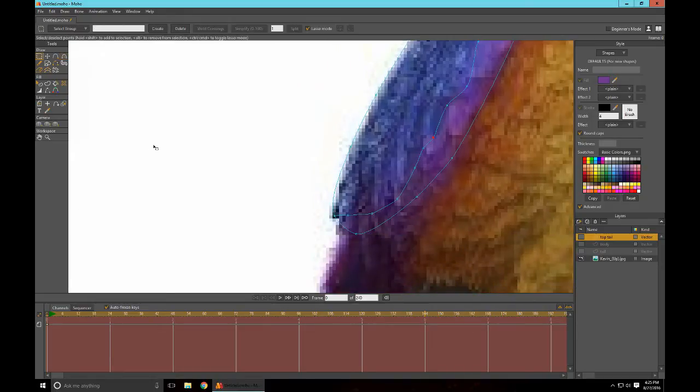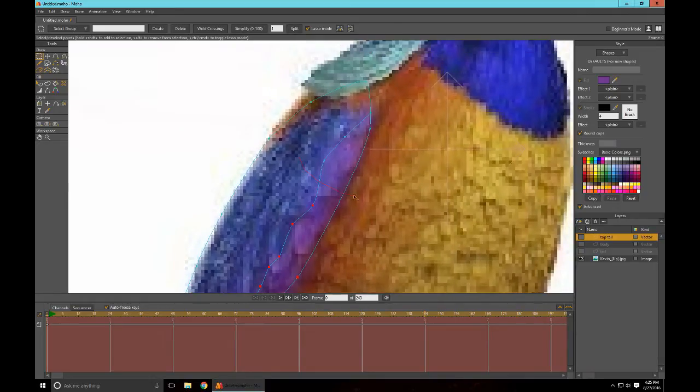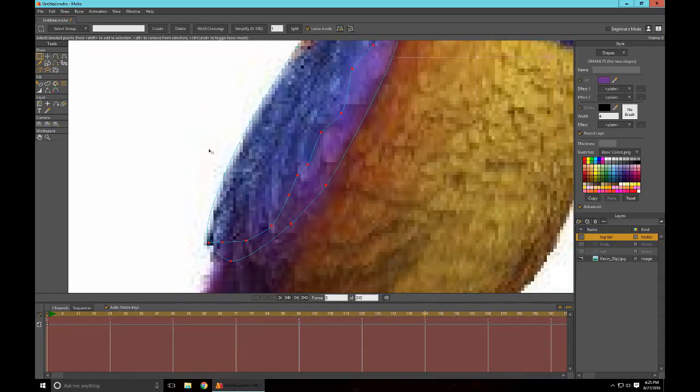So we're gonna lasso, and then we're gonna hit shift so we can add points to that lasso, and there you go. So create shape. Create shape. Alright, so